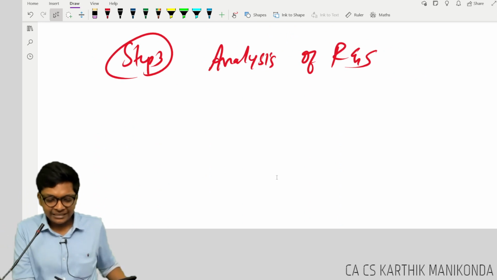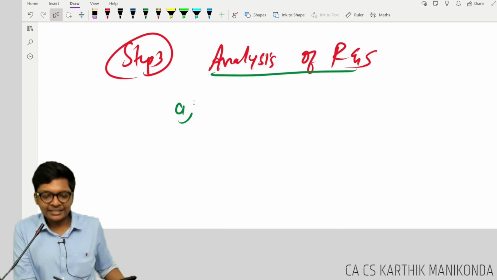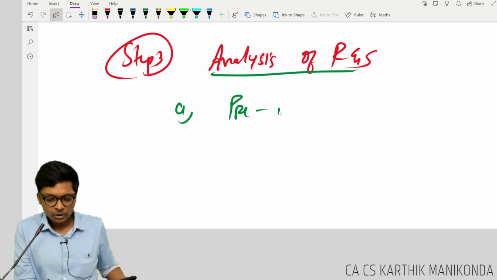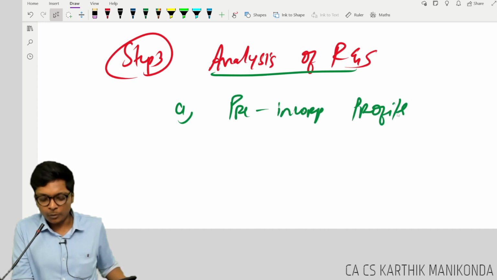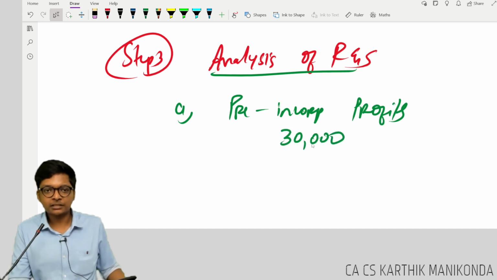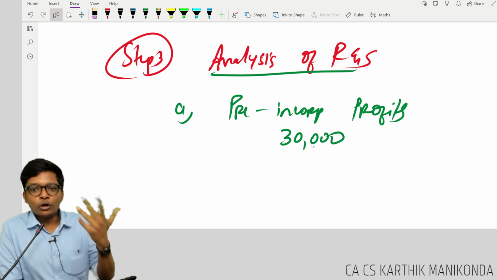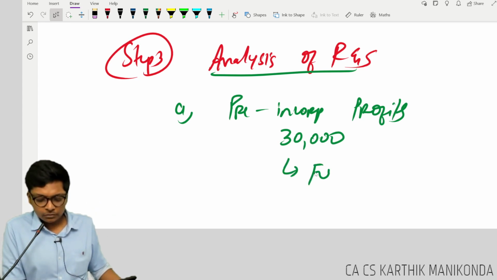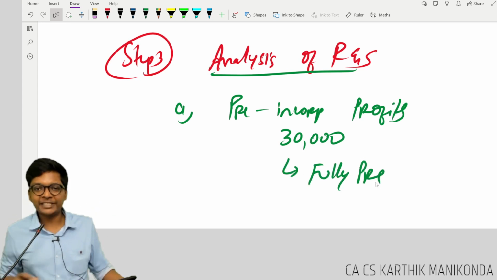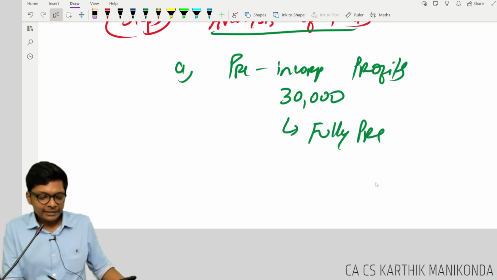Hold on, let me finish analysis of reserve and surplus. 3 reserves. First is pre-incorporation profits. How much is given, guys? 30,000. What is this? Fully pre, no change. This is going to be fully pre, no change. Correct, guys? Next is